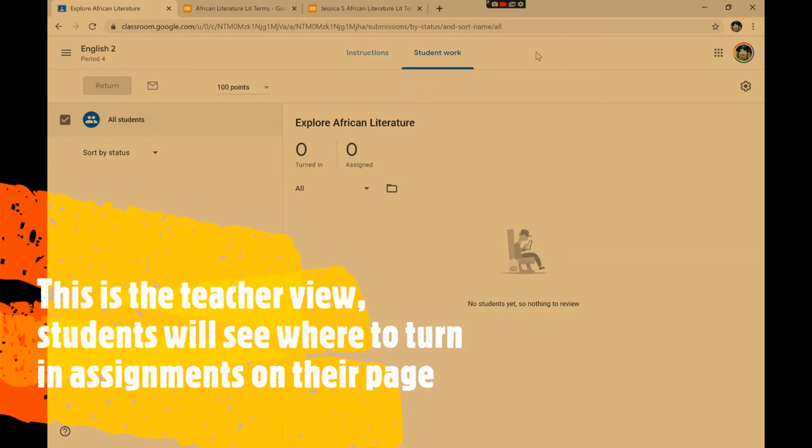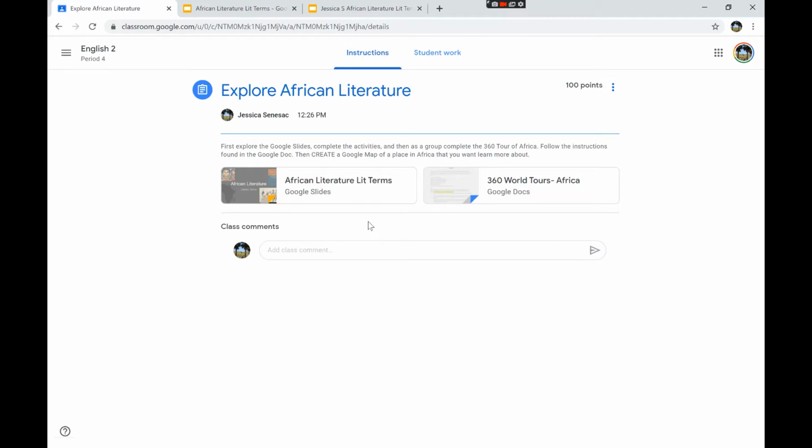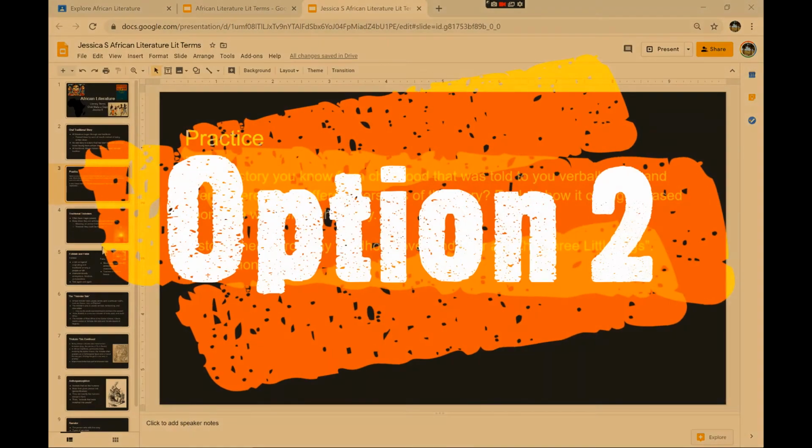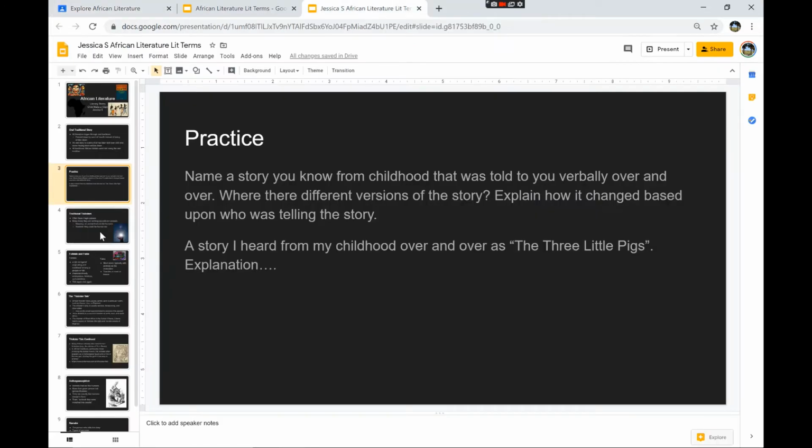So they've got their work here. As a teacher, you would return stuff if they haven't completed it. And then they would turn in their Google Slides here. So another thing that you could do is, instead of the My Maps instructions being in Google Classroom, you could